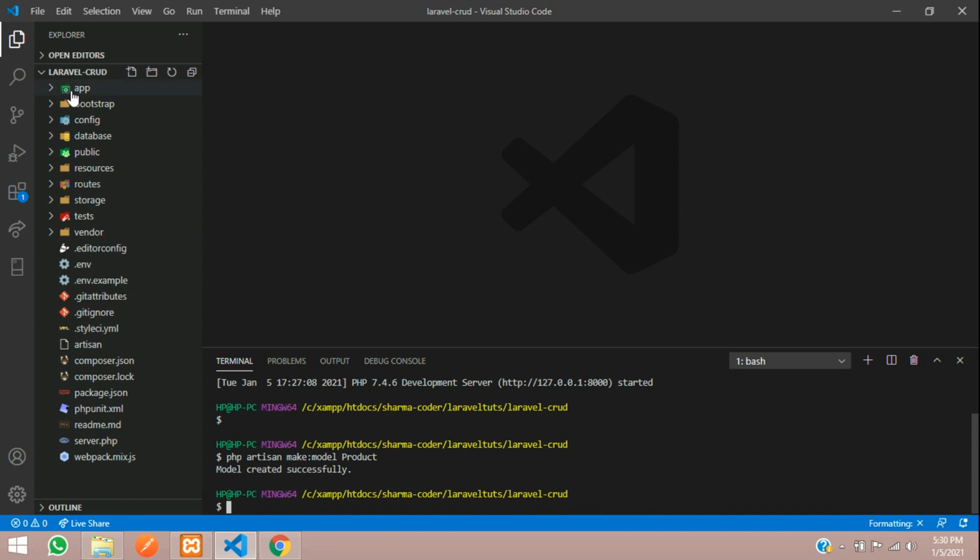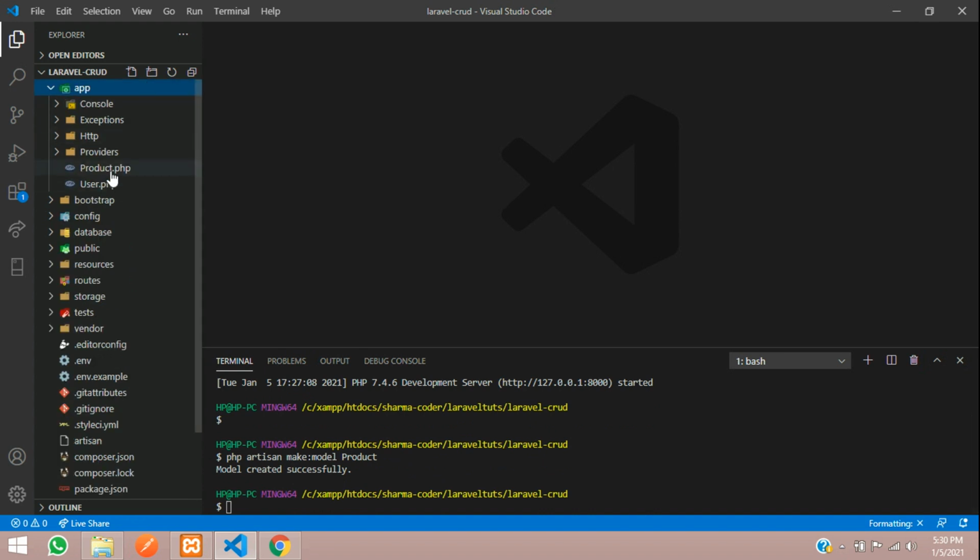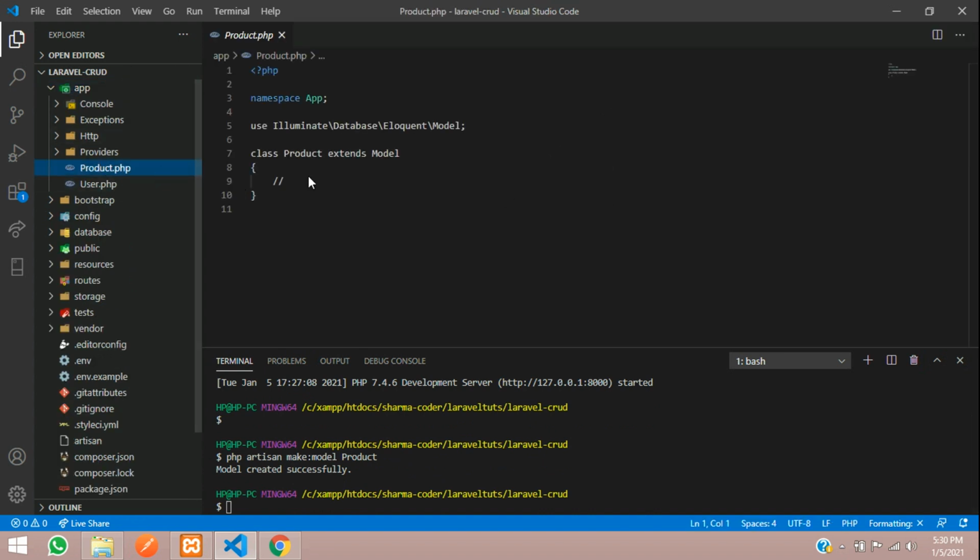All your models will be inside app, and directly here you have Product.php. Inside this file you have to give two things. First, your table name, so $table equals, and within single quotes just put the table name. Our table name was products. Let us keep it protected so that it will be safe and secure.